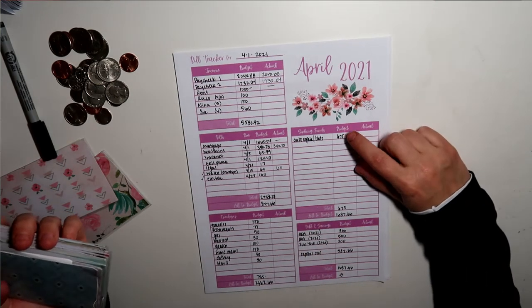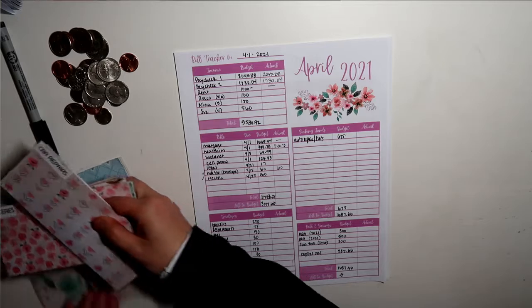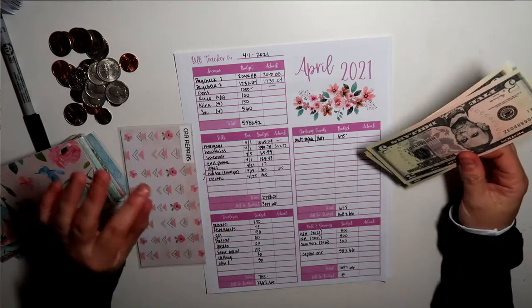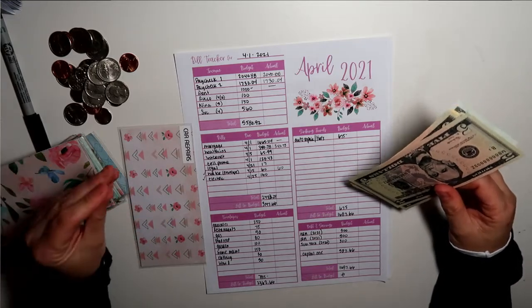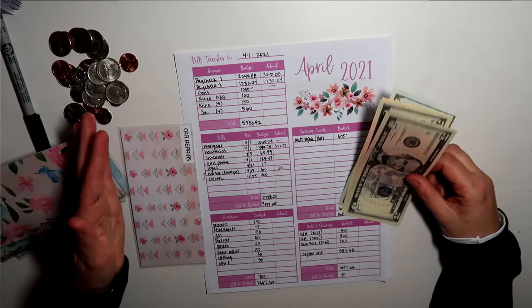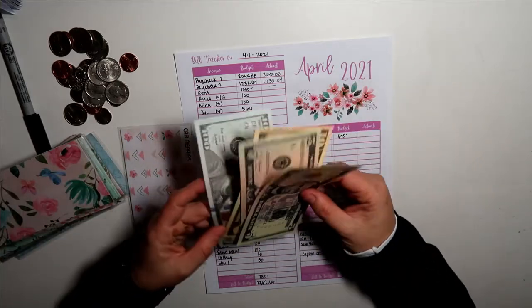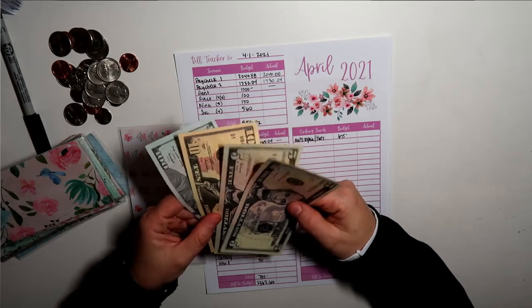So let's see. The next thing I'm gonna do is budget for the auto repairs, my car repairs slash tires. My tires are almost done, and I need to get some new tires. I'm on the fence, like should I go ahead and get them, because where I get my tires is the next town over. It's like 25 minutes away, but I don't have someone that can easily pick me up right now, so I'd have to wait for them. I can wait till the end of April when my partner gets back, but do I really want to be stressed out about not having